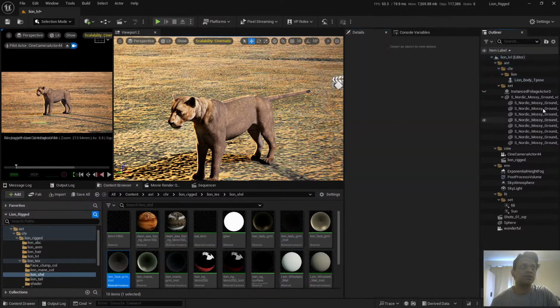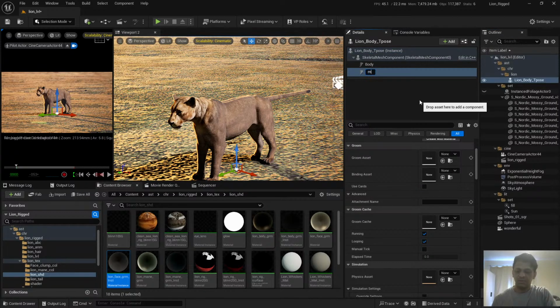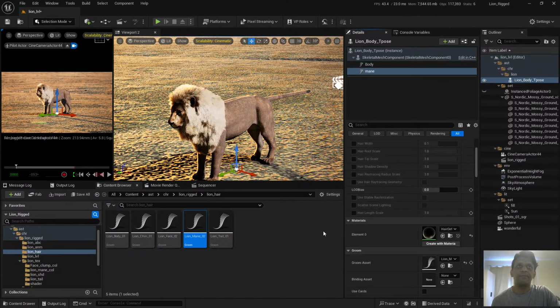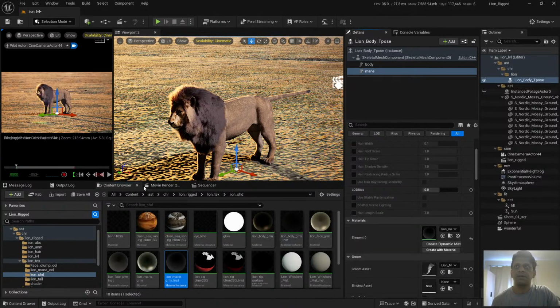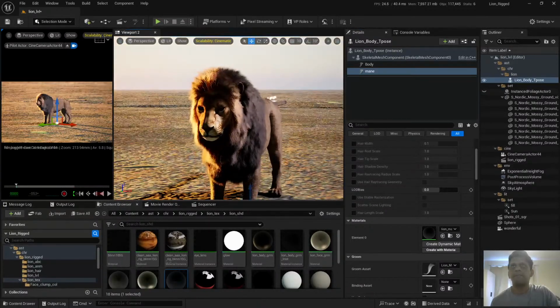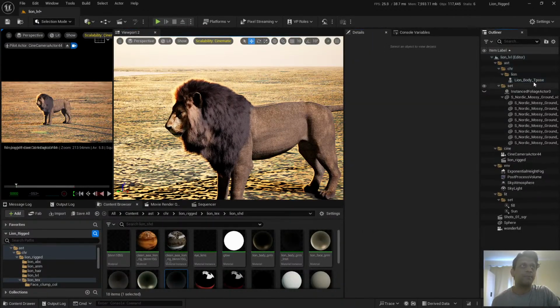So let's select again, go to groom and call this one main, and again go to here, lion hair, find main, assign, and again the shader, main groom instance, done. Now what we have is our lion with body and mane. Same thing for face,